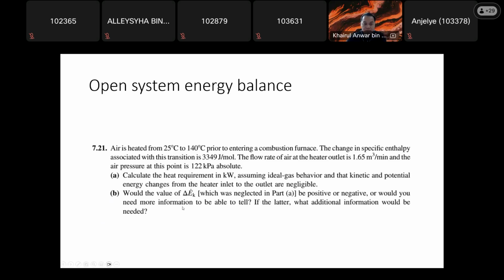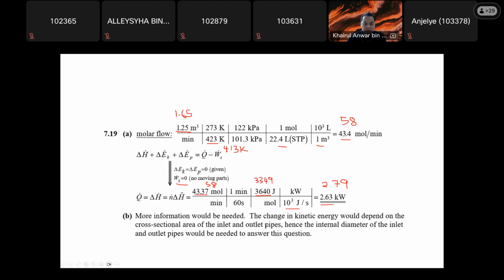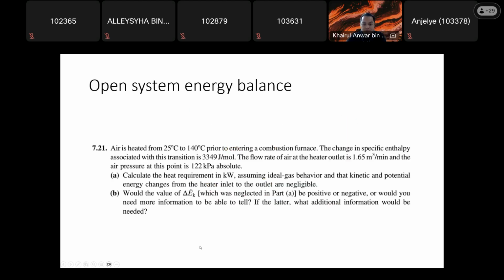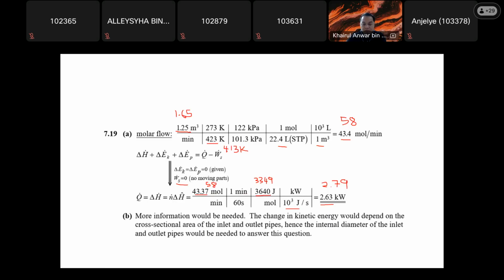And what information do you need to be positive? To do this question, change in kinetic energy will depend on the procedure, which is to place the internal diameter of the part. So for this, you can refer to